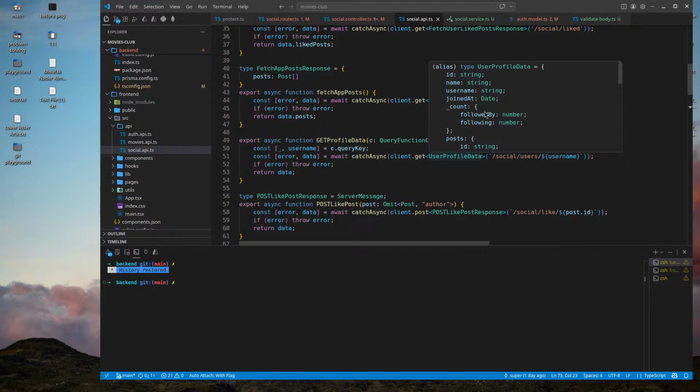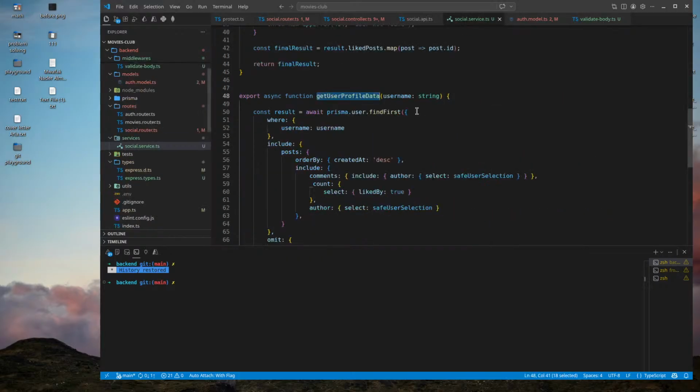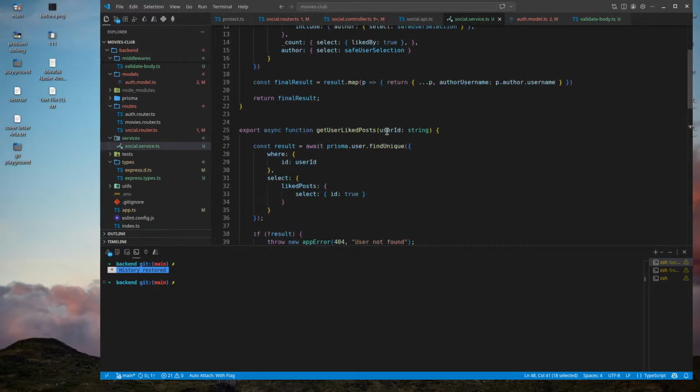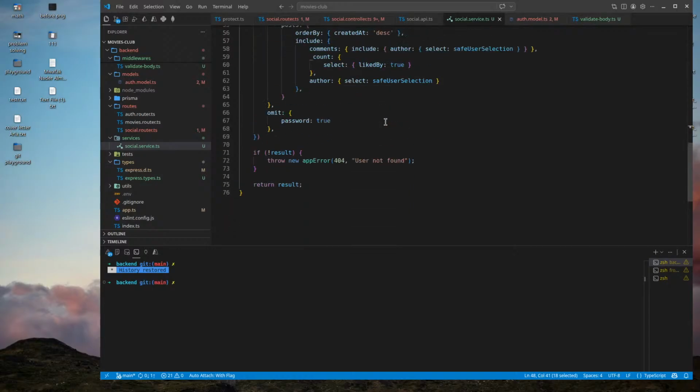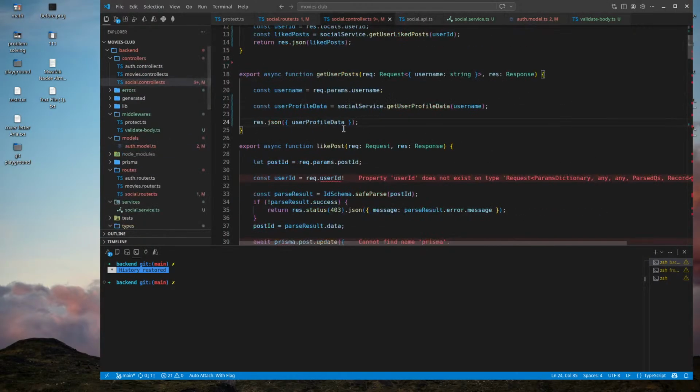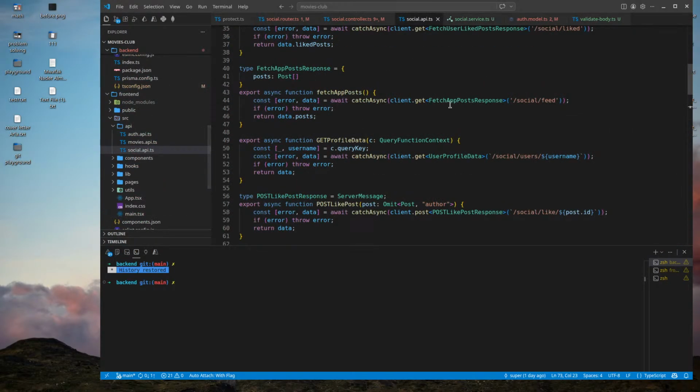Okay, it expects the object user profile data. So I should not do this.